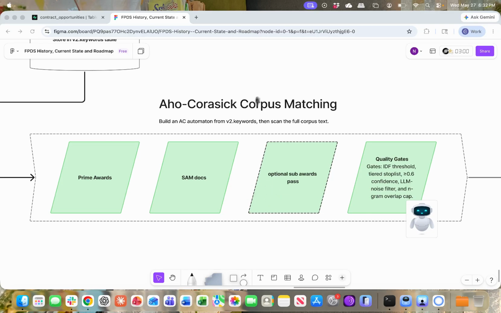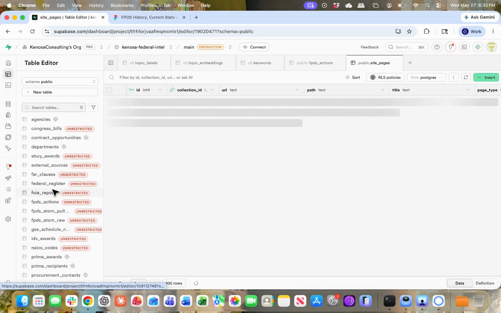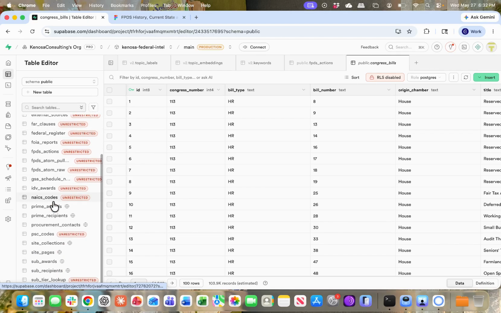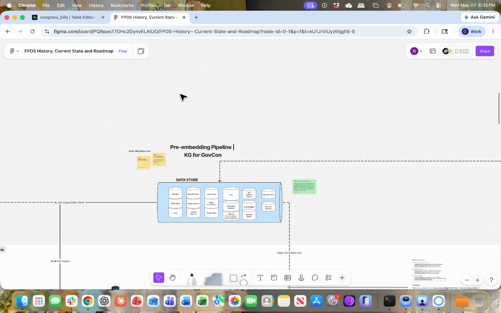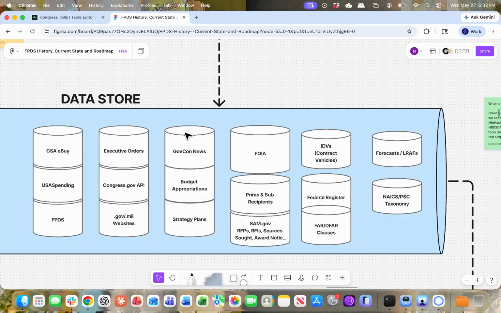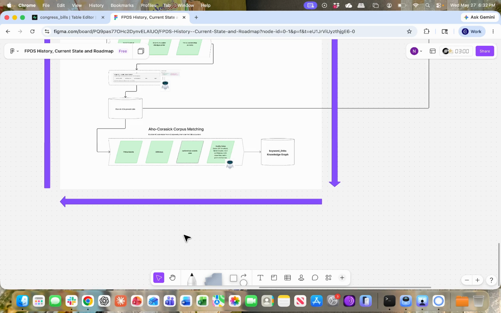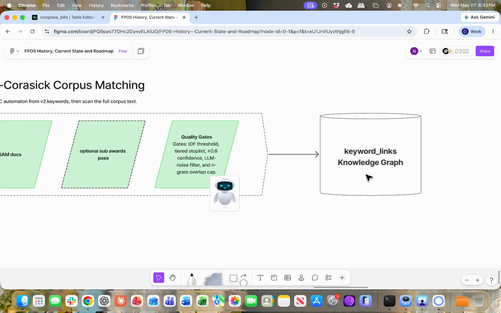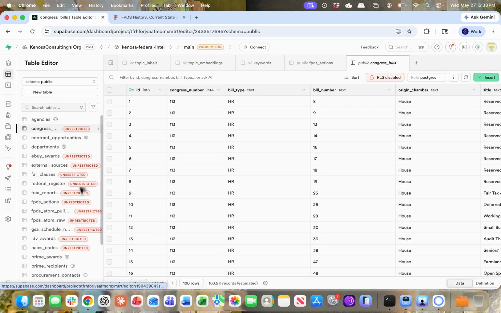Missing from this pipeline is we also do a pass through all of our site pages, FOIA documents, FAR clauses, congressional bills, contract vehicles, blah, blah, blah, right? Every single thing in our data store right here, even the news, even the strategy plans, the websites, go through this dictionary pass. Now what that gives us is a keyword link knowledge graph that the first version of our